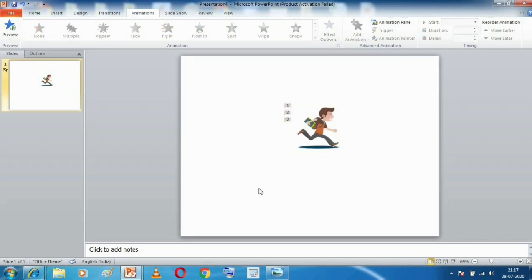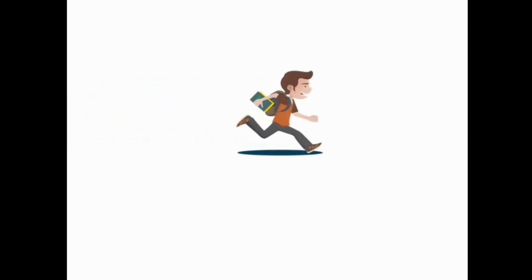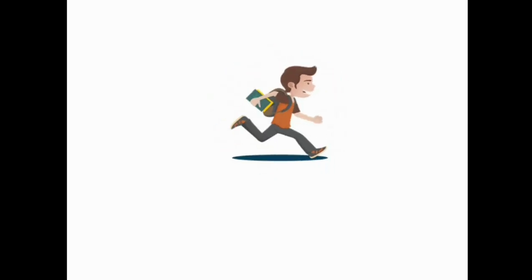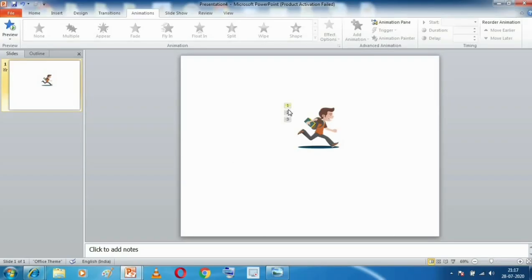See, if I open the slideshow, entrance, grow, I had selected grow, and then after grow it is spinning. So this spinning and this growing is creating an emphasis on that particular object. Obviously the audience are going to get attracted towards this when it grows in size and then again shrinks. So at the end of the day, what we have done, we are grabbing the attention of the audience with this. So I hope this is clear.